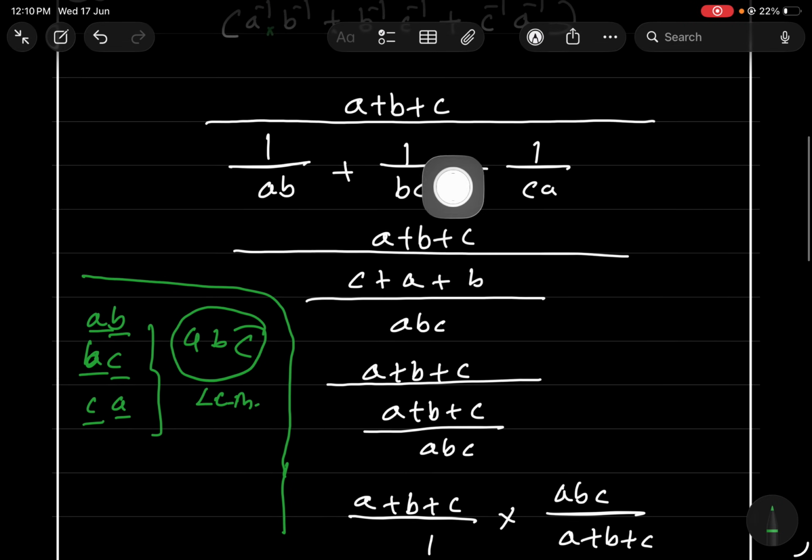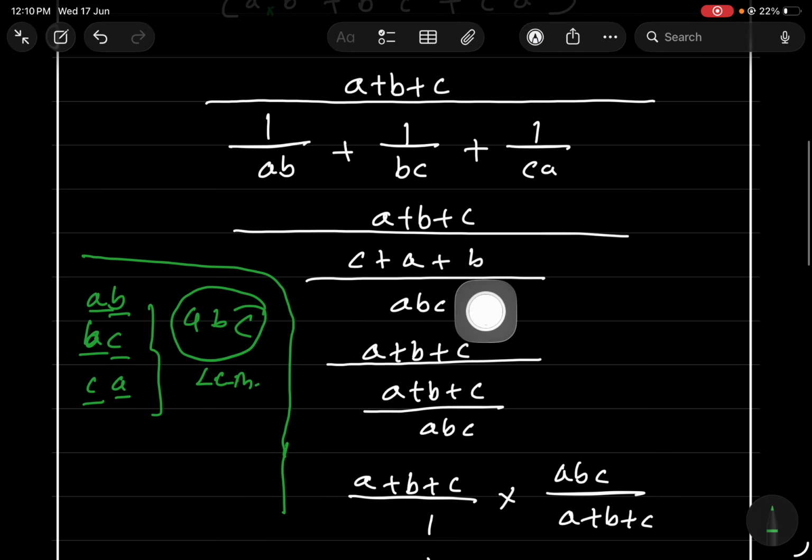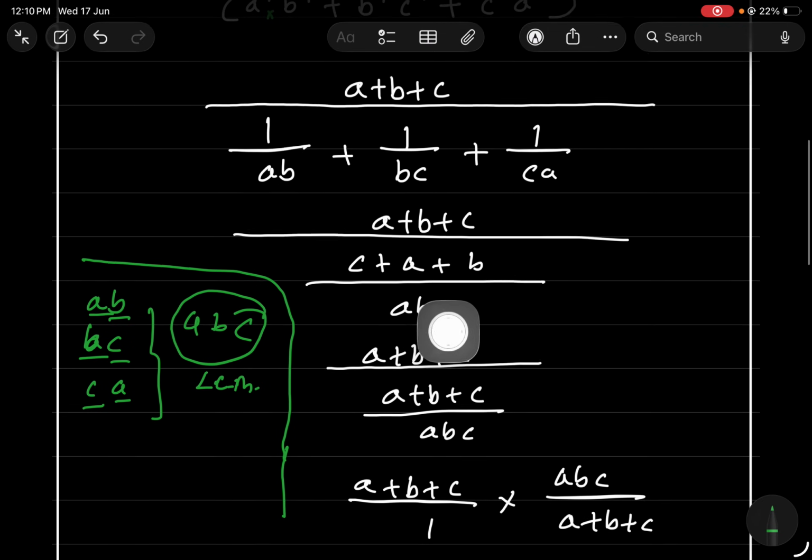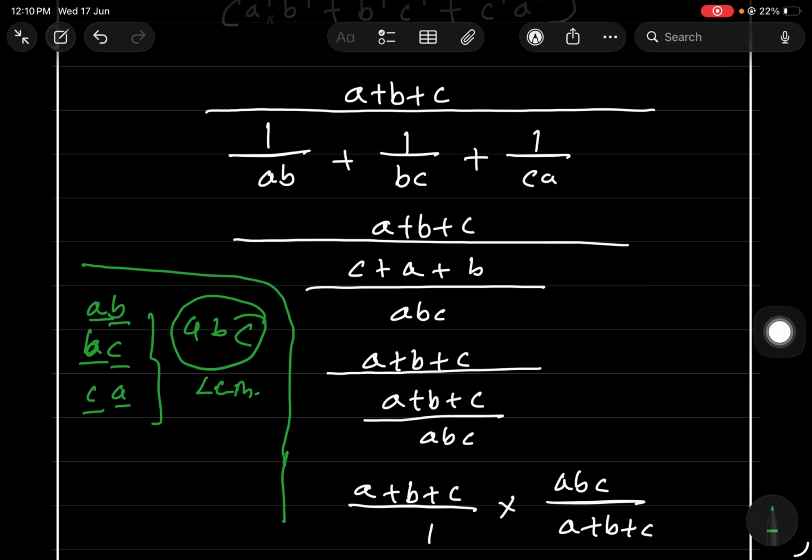Okay, see, your a + b + c as it is, then the denominator becomes abc. Now abc is there, and here the denominator is only ab, c is not there, so you have to multiply by c here. Here now bc is there, a is not there, so multiply by a. We are comparing with this abc. ca is there, b is not there, so multiply by b. So what will come? 1 into c plus 1 into a plus 1 into b, like this.